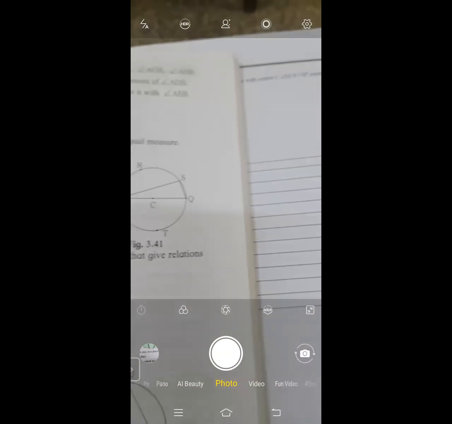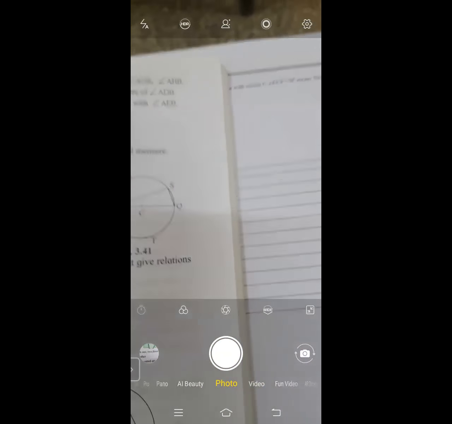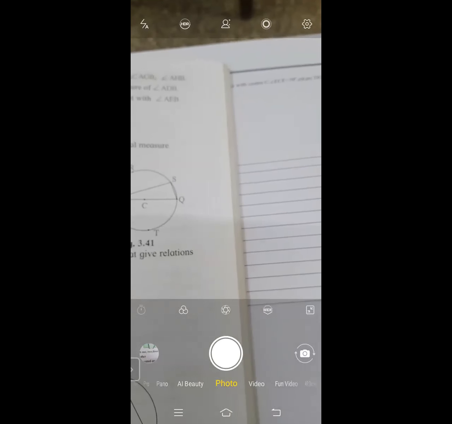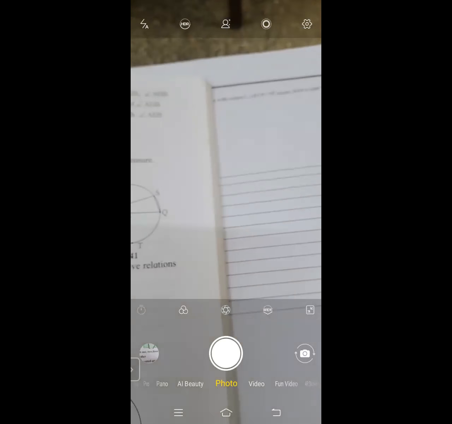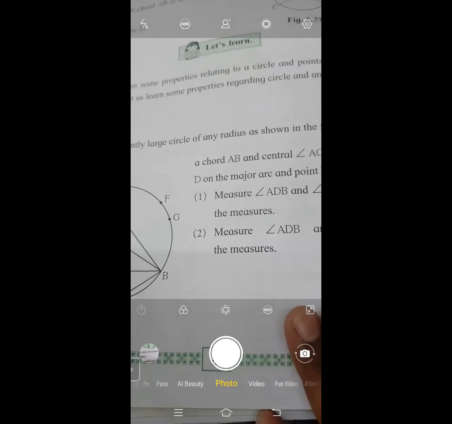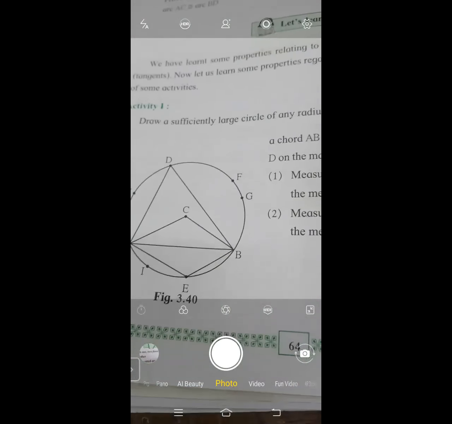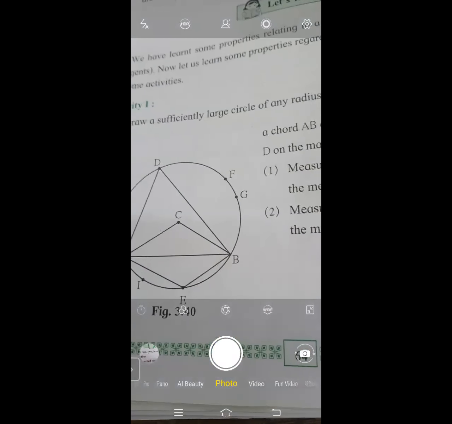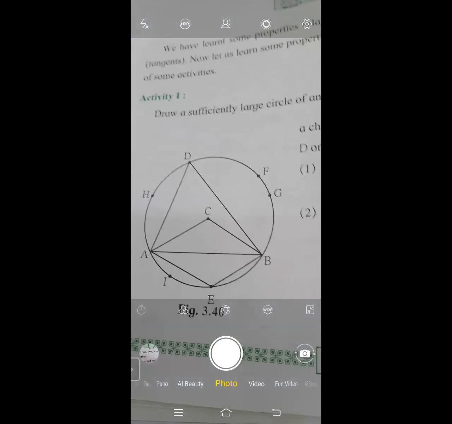Revising things is important to understand and as well as remember this lesson, circle. So we will just perform two activities today. These activities help us to understand the concept. If you are not doing it on cardboard sheets or anything else, just go through the diagrams, which helps us to understand the concept.